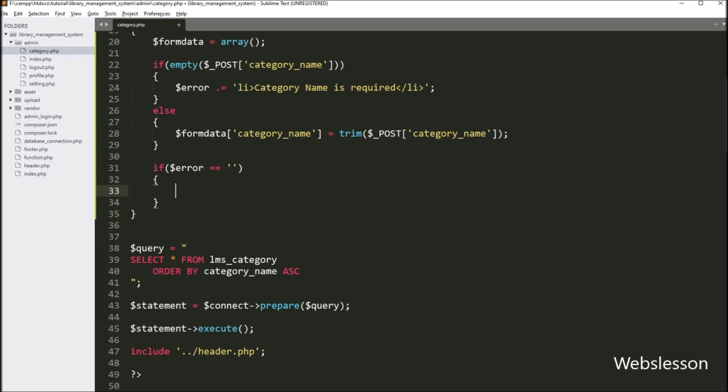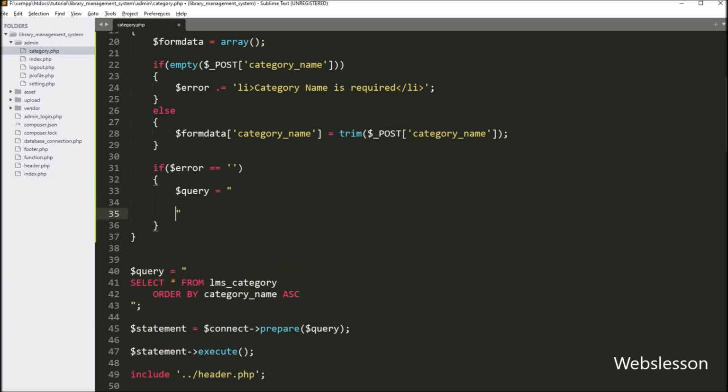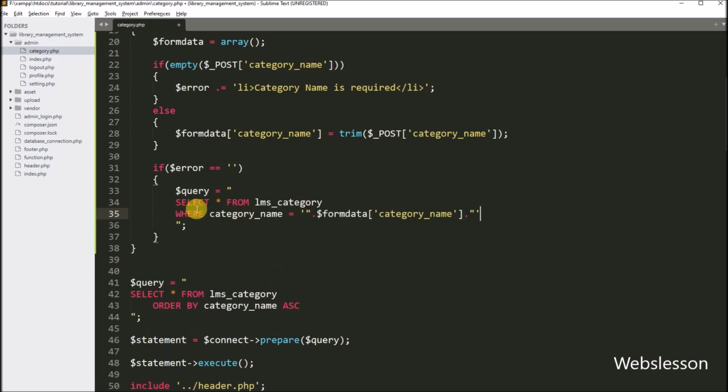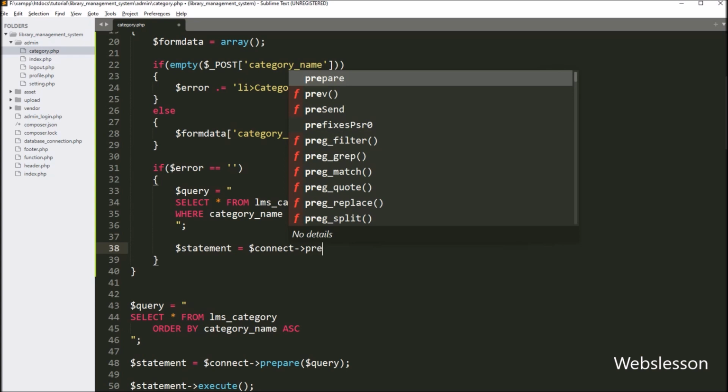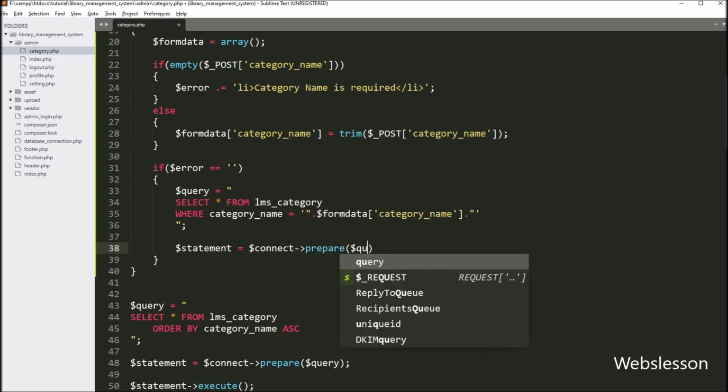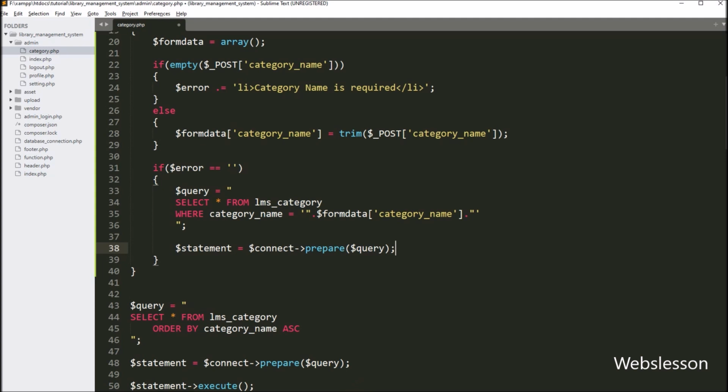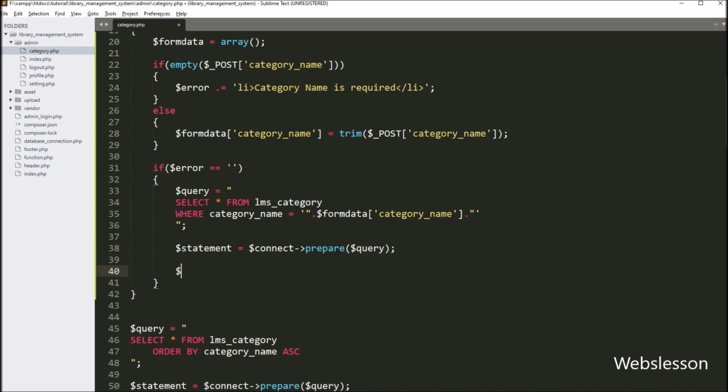Under this block, first we want to check whether a particular category name already exists in the category table or not. So for this, here we have written the $query variable equal to select star from category table where category_name is equal to the $form_data category_name variable. So this query will search the inserted category name data in the MySQL table. Now below this, we have written the $statement variable equal to the $connect variable with the prepare method, and under this, we have written the $query variable. It will make the query ready for execution. And now to execute the above select query, here we have written the $statement variable with the execute method, so this method will execute the above query.